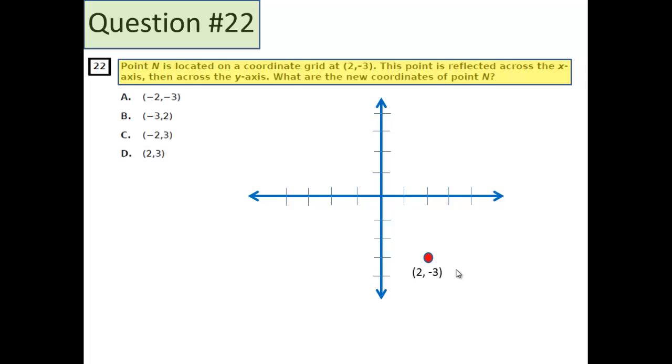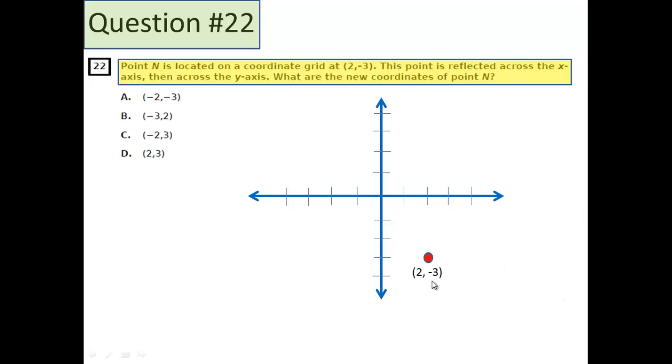Now, can you drag your finger? Don't touch the computer because you'll ruin the screen. But could you drag your finger as to where the x-axis is? Because that's where it says it's reflected across first. So drag your finger across the x-axis. If you're dragging here, you're right. So what happens if this point here is reflected across the x-axis? It's like it's taking this jump